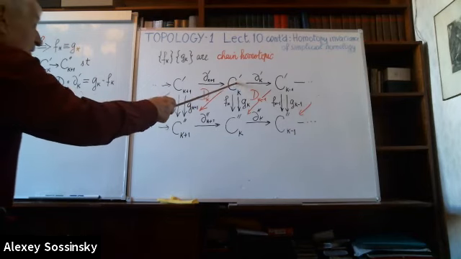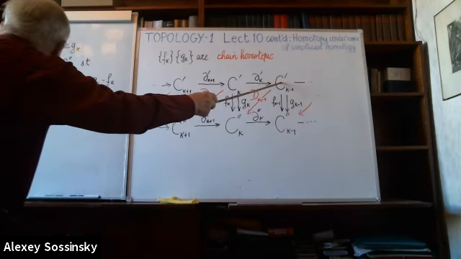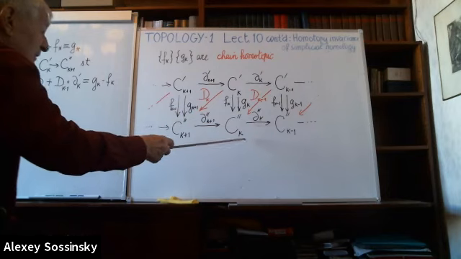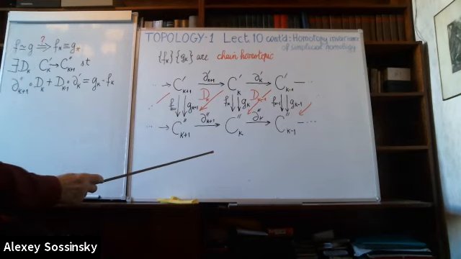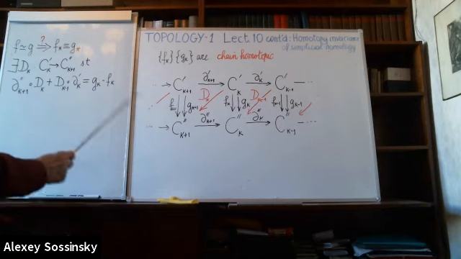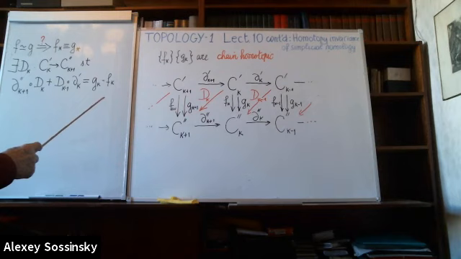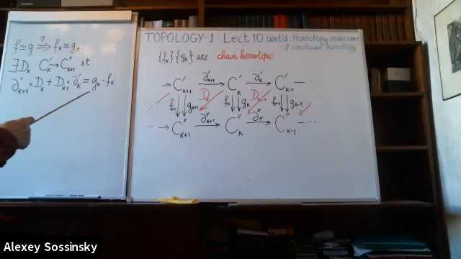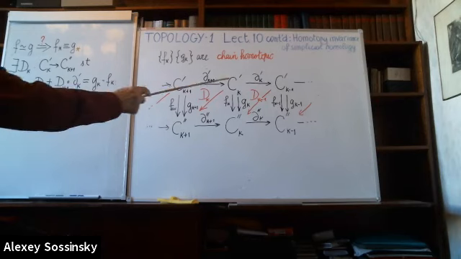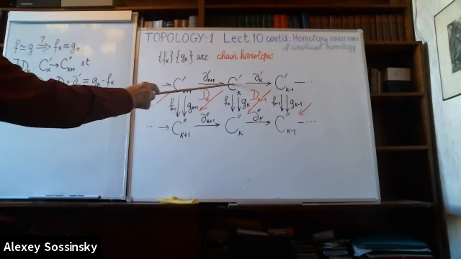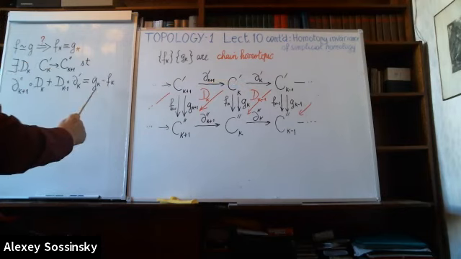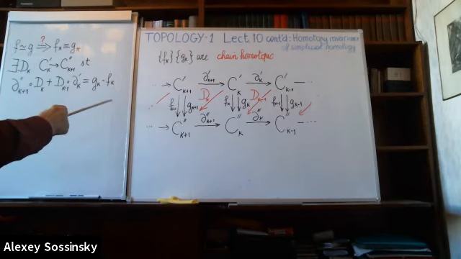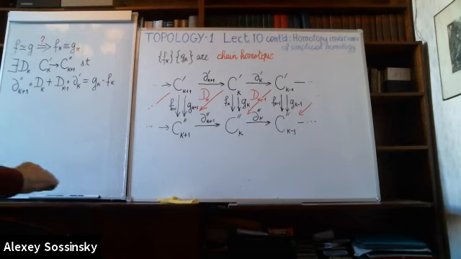Starting from here, we do d prime k, then do d k minus 1, and we get a chain here, and we take the sum of these two chains. We require that the obtained chain is the same chain that would be obtained by applying gk and fk and taking the difference. So this is the definition of chain